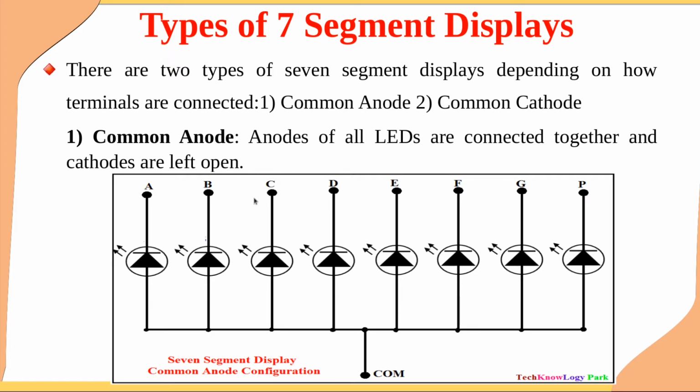This means if it is connected to an 8051 pin, I should make this particular pin 0. Then 0 is nothing but ground here. All these common points will be connected to plus 5 volts, the positive of the battery, and then this LED will glow. If I want to glow segment E, then make this 0. This is how, depending upon what we want to display, a particular segment can be glowed.